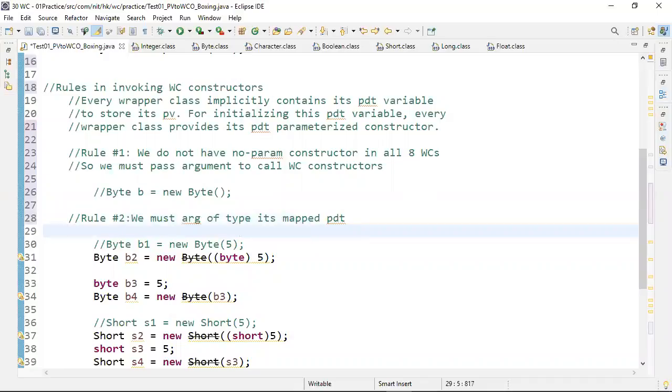Okay, you can pass. We must pass argument of type it's mapped primitive data type or it's lesser type.